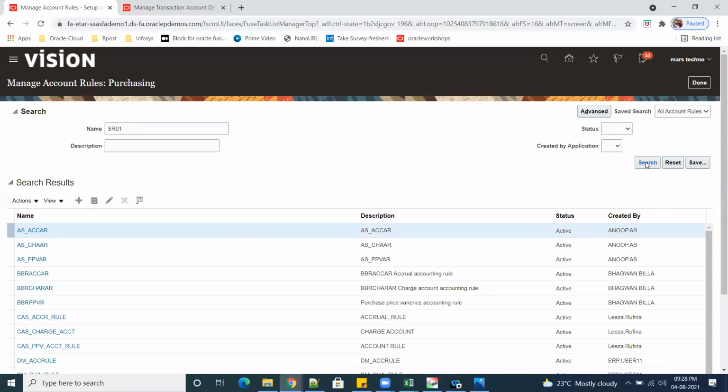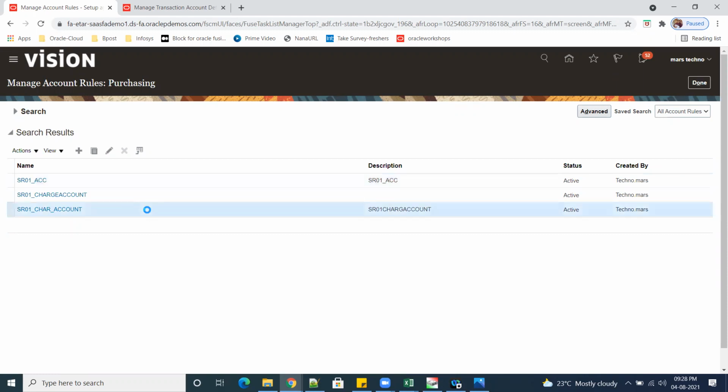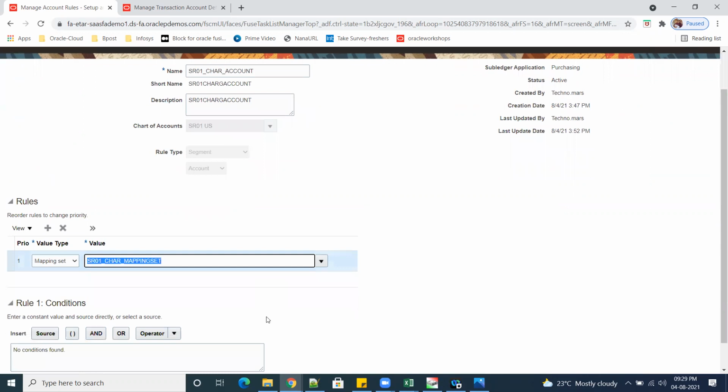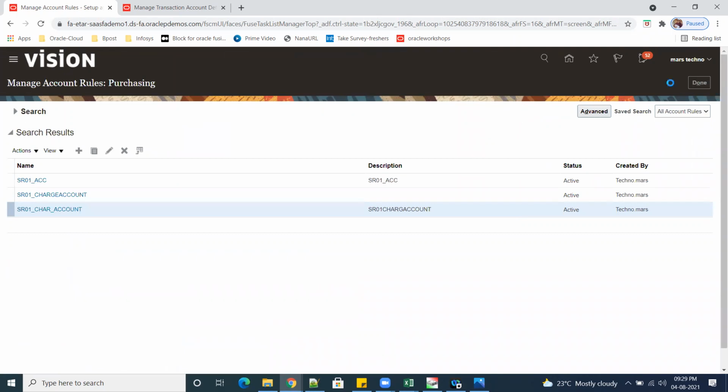SR01 search, I think this one. Edit this one. So you just remove this, put MP set. Okay, save and close. Done.